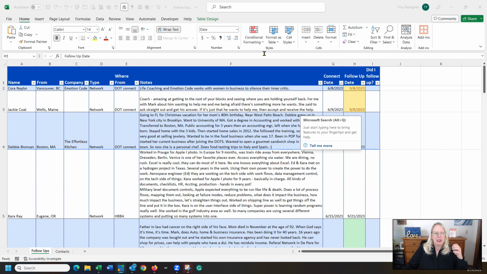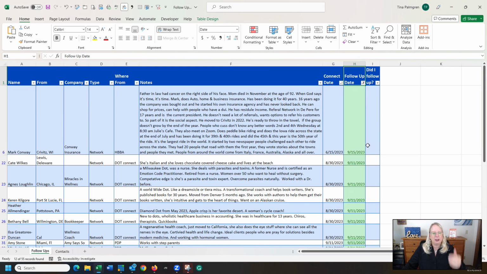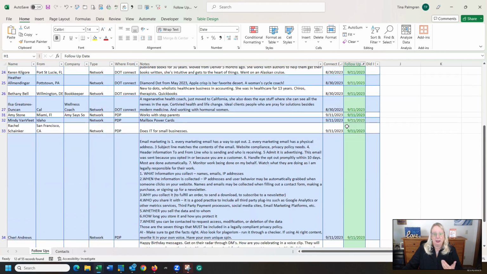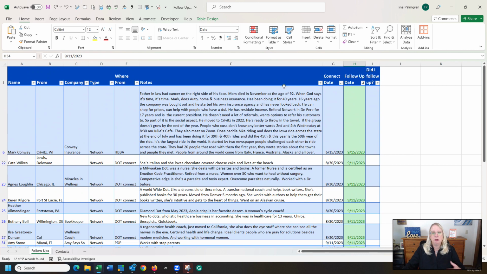Here we've got a spreadsheet that shows some information, and you can see that there's some color-coded cells. I can highlight to those color-coded cells. So my green is filtered to things that are this week. So as the week changes, if I change a date in any one of these, if I put this to next week, that date and the color coding goes away. If I undo that and put that date back in there, it pops back up. It's automatic. It's really cool in helping you follow up with people on dates that you want during that week,